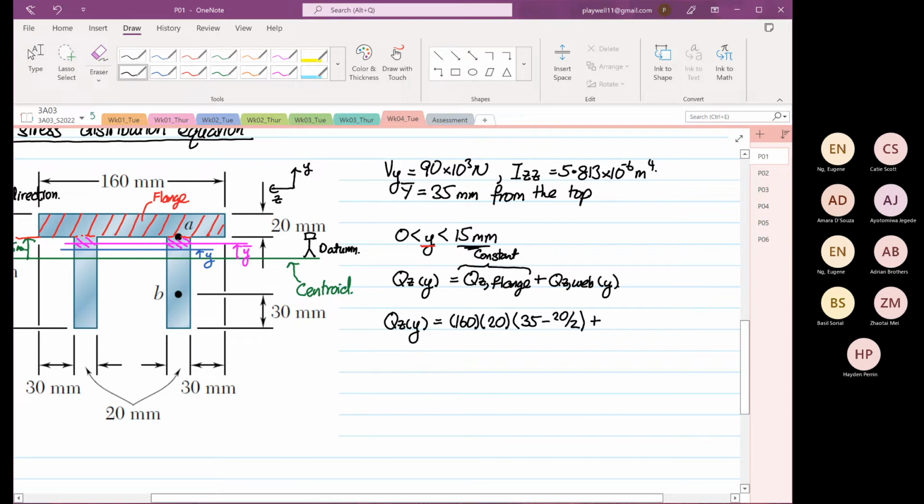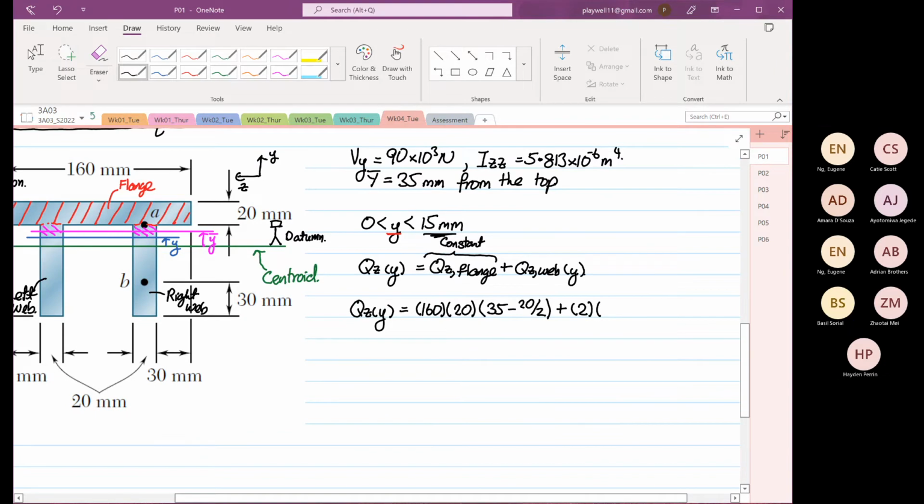Okay. So the web now, you realize there's a left web and there's also a right web. Okay, there's a left web and you have a right web. So this is where you need to have a 2. And then the area that you are going to consider is 15 minus y bracket 15 plus y multiplied by half. Okay. Oh, sorry, I forgot the